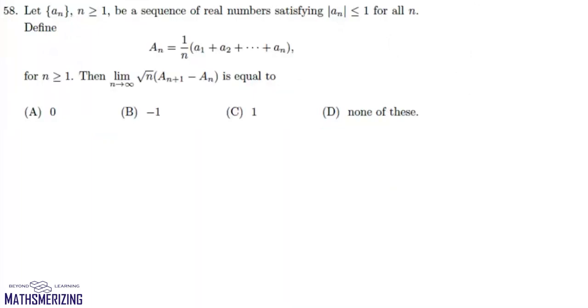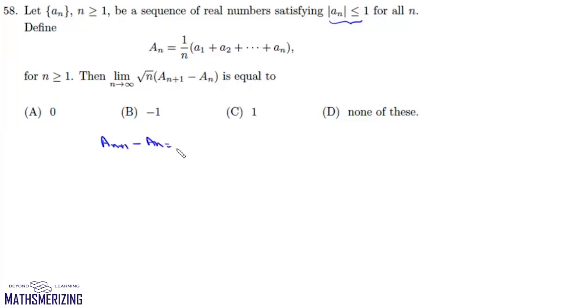Now here the question is, let an be a sequence of real numbers satisfying mod of an is less than or equal to 1 for all n. It has defined capital An as 1 upon n times (a1 plus a2 plus up to an). Then we need to find the limit as n tends to infinity of square root of n into (A(n plus 1) minus An), is equal to what? Now if we find A(n plus 1) minus An,